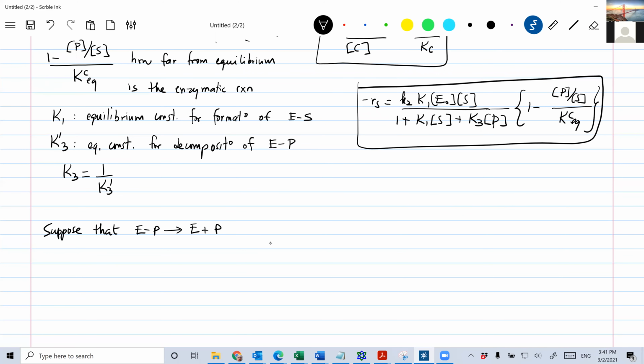Suppose that is the case, that this is irreversible. What this means is that K3 prime goes to infinity, which also means that